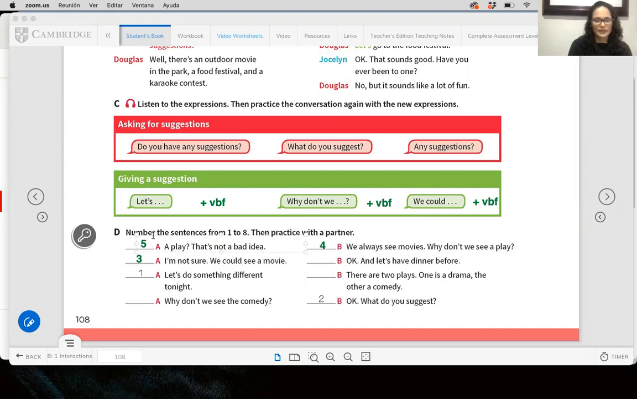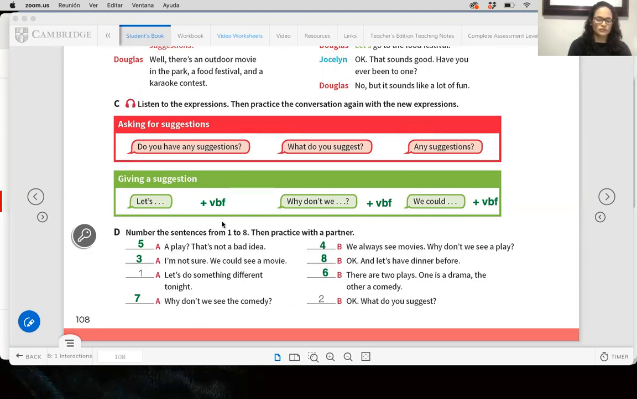And then the person responds and says, there are two plays. One is a drama, the other is a comedy. That will be number 6. And then the person answers, why don't we see the comedy? That would be number 7. And finally, number 8, the person responds, and let's have dinner before. So here we have a sequence on how to ask for suggestions and how to